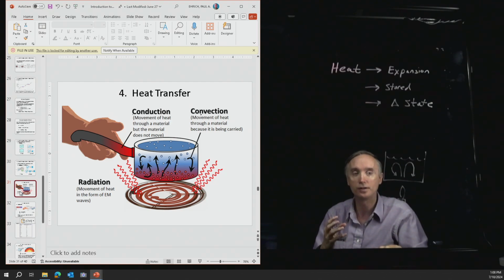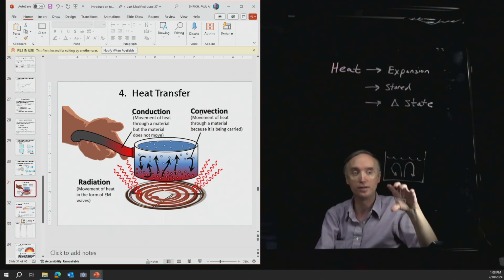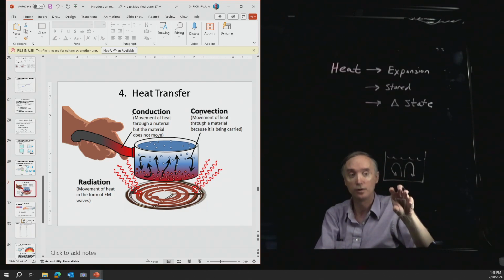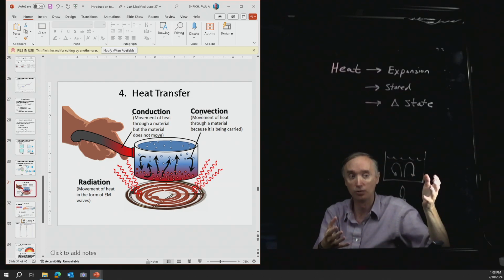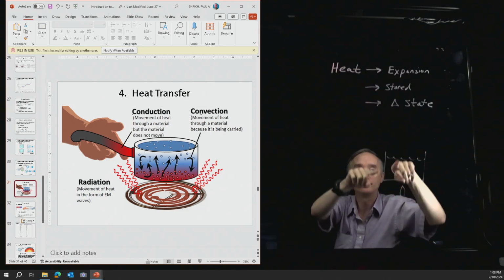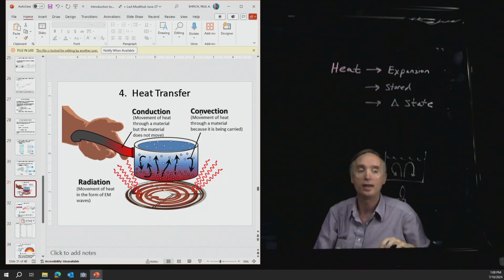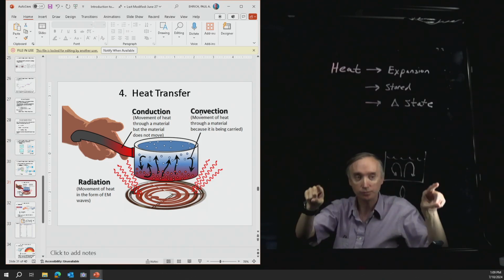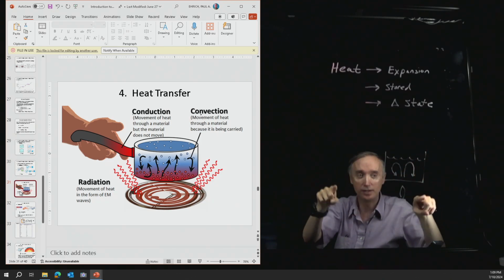You can also have convection inside the Earth itself. So inside the Earth, you're going to have the core of the Earth where it's very, very hot. Outer space is very, very cold. So that heat is traveling up to the surface. And in the mantle, it can cause the